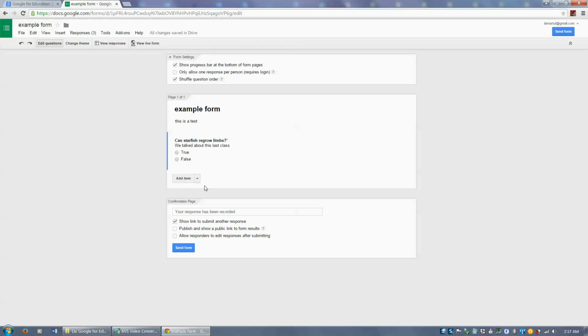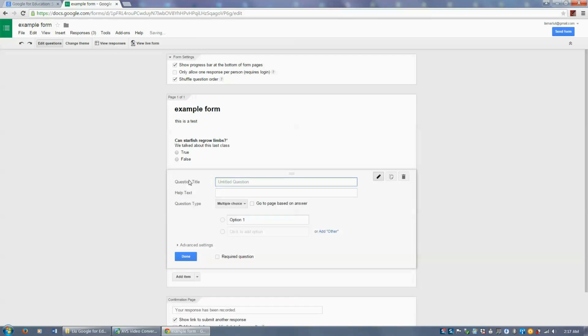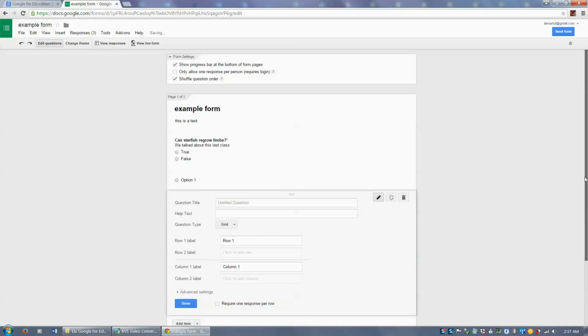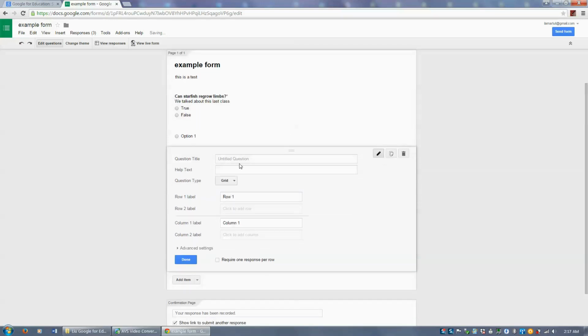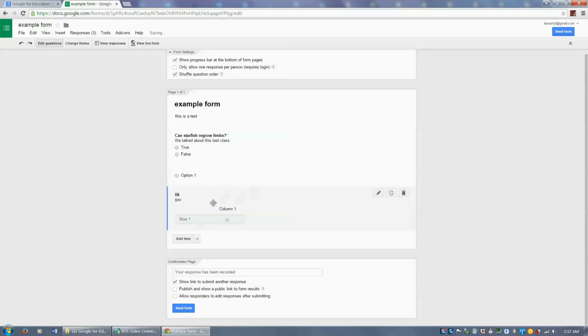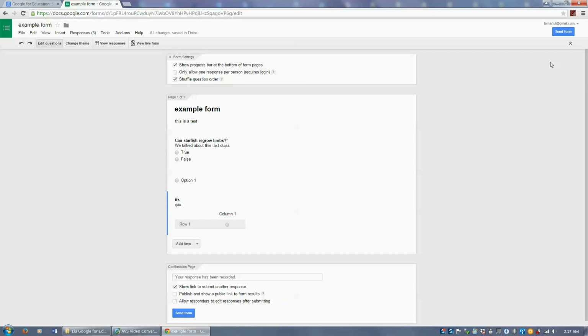Now if we'd like to create another question, we have this add item right here. Just fill it out the same way. Done. So you can make tests or surveys or quizzes just like that, and that is how you use